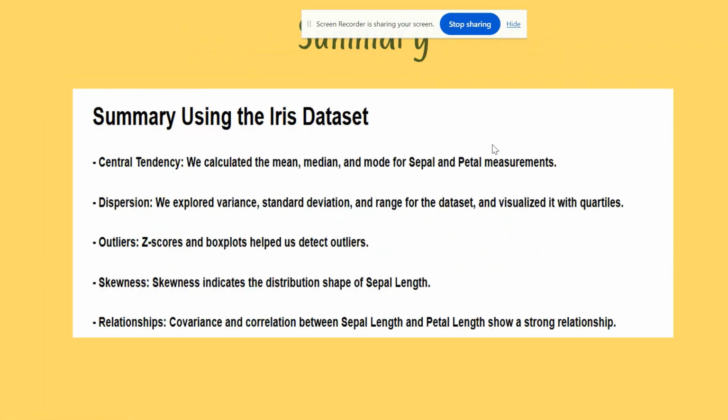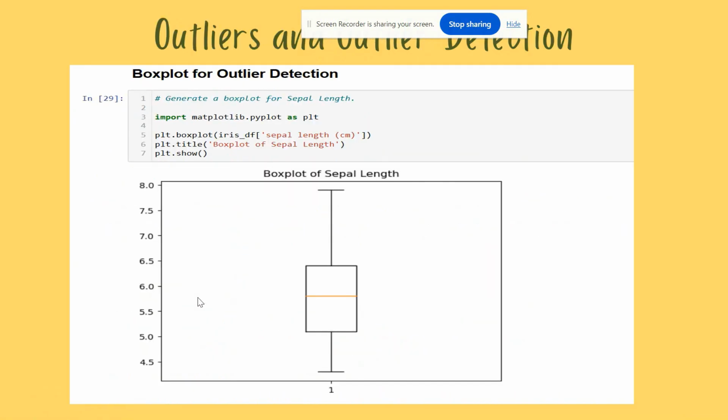Now let's move forward. Let's summarize. In the central tendency, we calculated the mean, median, mode, and in measure of dispersion, we calculated the variance, standard deviation, range, and visualized this. For outliers, we use the Z scores and box plot, and in the skewness, we check the distribution. And the one thing I forgot is about